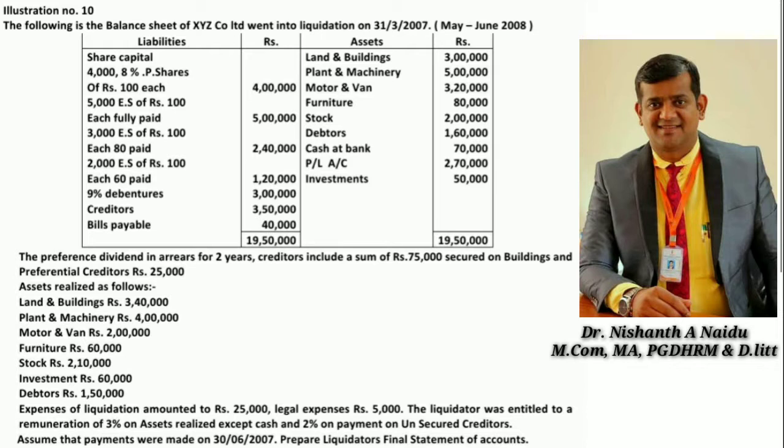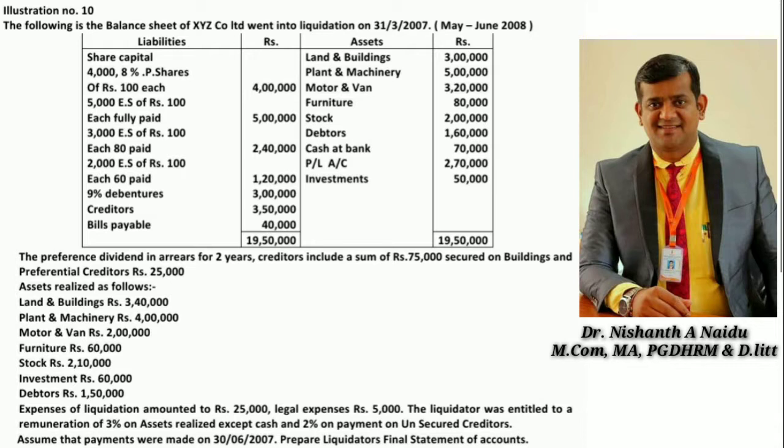Then 3,000 equity shares of rupees 100 each, rupees 80 paid, rupees 2,40,000. Then 2,000 equity shares of rupees 100 each, 60 paid, 1,20,000. 9% debentures, 3 lakh, creditors 3,50,000, bills payable 40,000. So the total liability column is 19,50,000. Further, moving towards asset side, land and buildings 3 lakh rupees, plant and machinery 5 lakh rupees, motor van